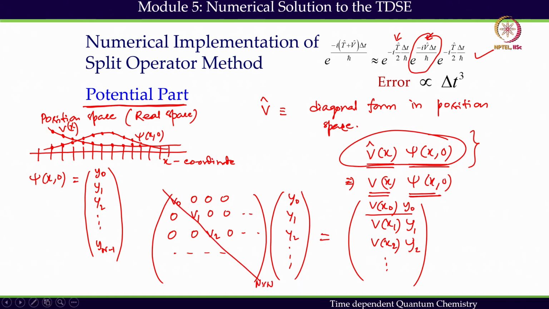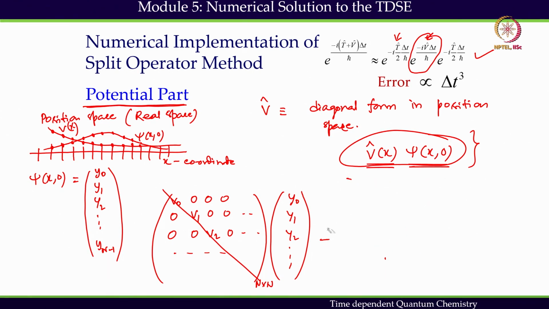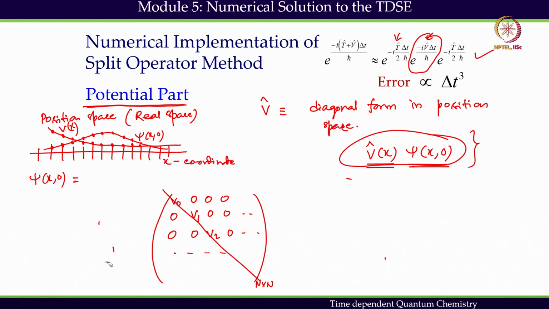So the potential operator is a diagonal matrix, and because it's a diagonal matrix, one can directly write down the exponential of the potential matrix as follows. I have this potential matrix V, which is in a diagonal form already. So I can write down the potential part of the propagator, e to the power minus i V delta t by h cut, as nothing but